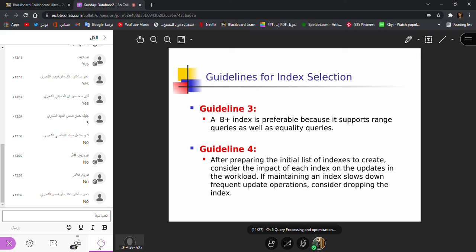After preparing the initial list of the indexes to create, consider the impact of each index on the update in the workload. If maintaining an index slows down the frequent update operation, consider dropping the index. The rule 4, they say, okay, first they are telling you when you have to create an index. Second, they are telling you on which field you should think of creating the index. The third thing they are telling you is that if you have created the list of the indexes in your system,